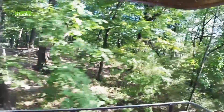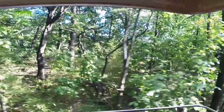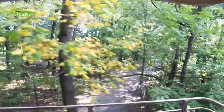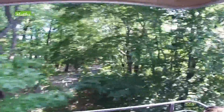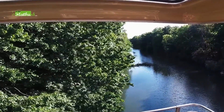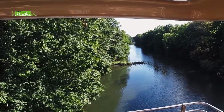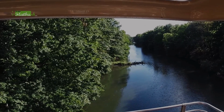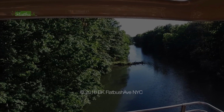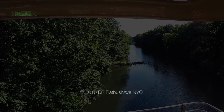Peek through the trees, you'll see Happy again. Can't hide an elephant. It's right there to the left. See another monorail going by as well. We're now at the highest point of our journey, 35 feet above the Bronx River. The Wildlife Conservation Society realizes how important it is to maintain the Bronx River and Greenway, both as a healthy environment for wildlife